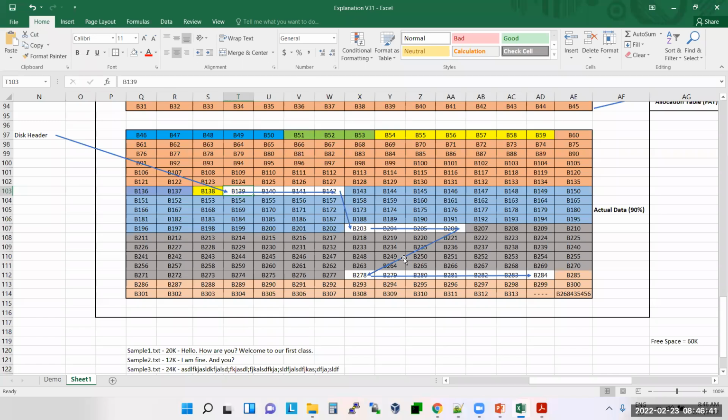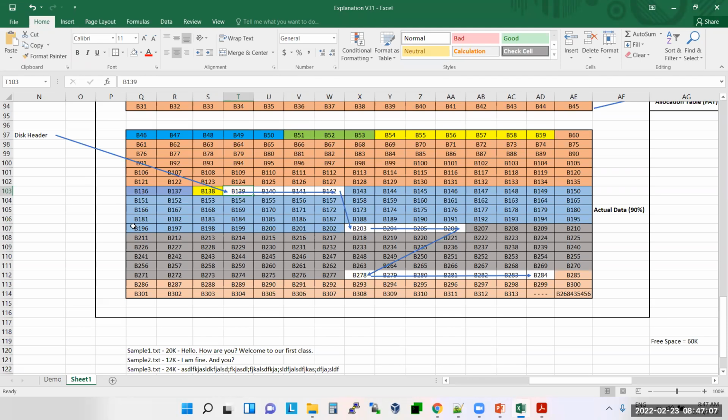Okay, but when people start using the disk, when they start loading the data, deleting the data, loading data, deleting the data, then one fine day what will happen? Your disk will enter into a situation where you will not get continuous blocks to write your data. And this is not only a problem with writing, even reading is also a problem, right?